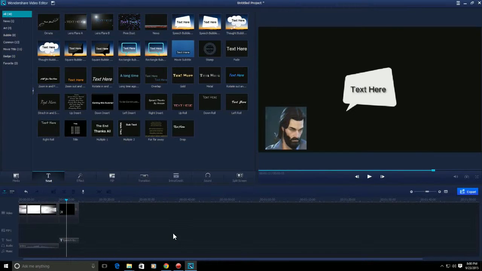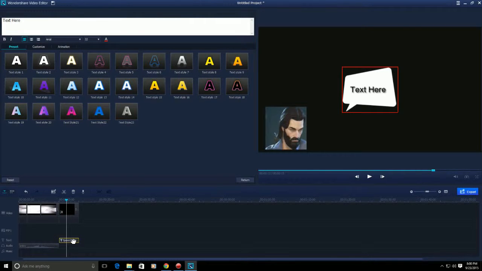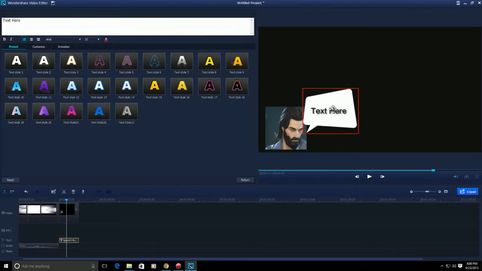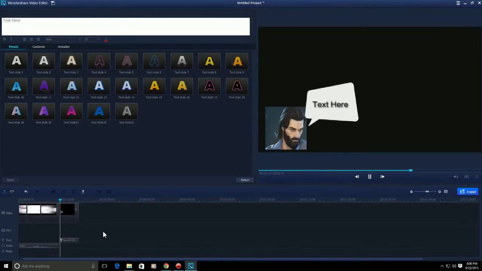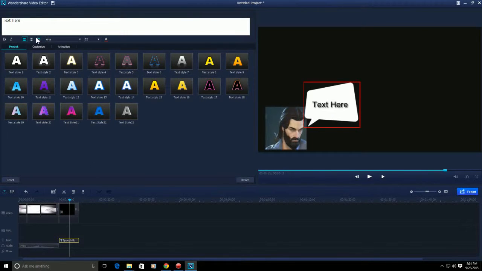Okay, speech bubble's good, but it doesn't exactly look like Garam is saying it. So we're going to highlight this, give it a quick double click, come over to the speech bubble, grab it, drag it, right there. And now, right there. Okay, but really don't want him saying that, so again we're going to select this, come up, and